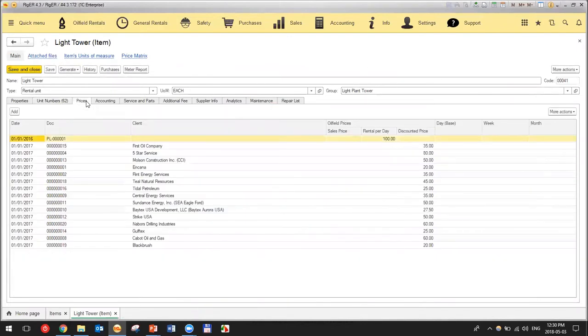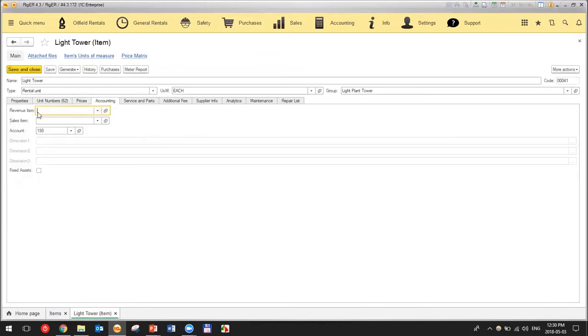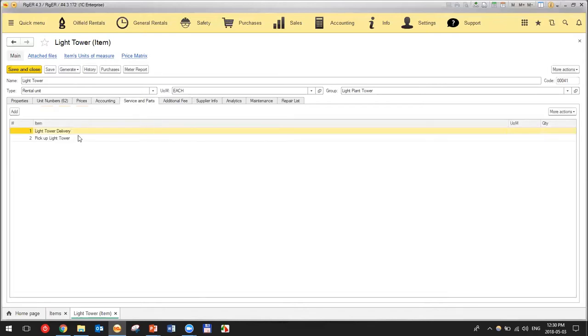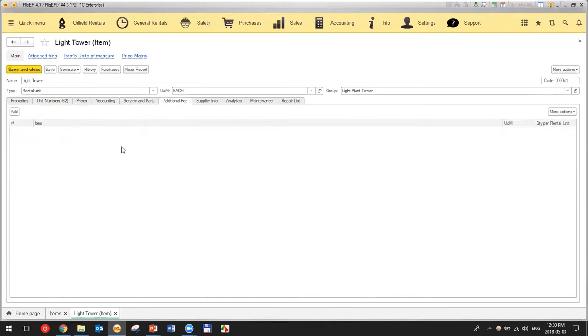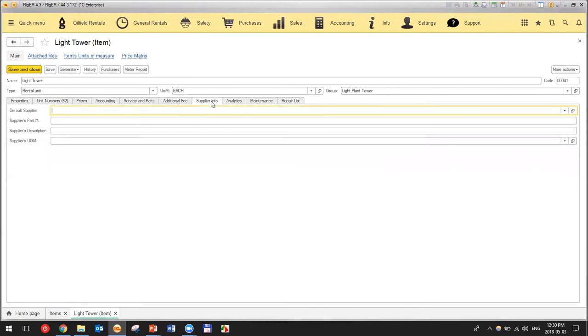So we have a lot of information about this rental unit, like prices, all the prices applicable to different clients. We can set up the accounting integration details here, like revenue item number, sales item, account number, and we can specify that it will be fixed assets or not. As I already said, we can add services and parts to this unit. So every time that I enter a new unit in the rental service agreement, these services and parts will be automatically pulled up and added to the rental agreement. Additional fee as well, we can enter, like, let's say, environmental fee here,